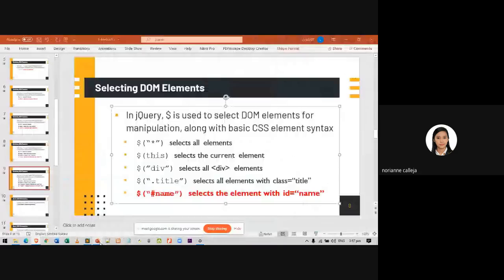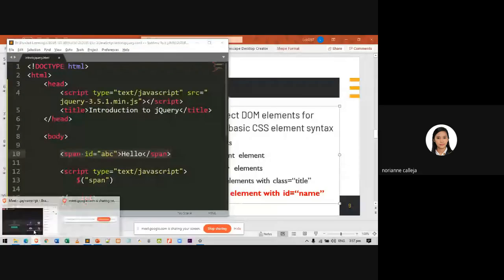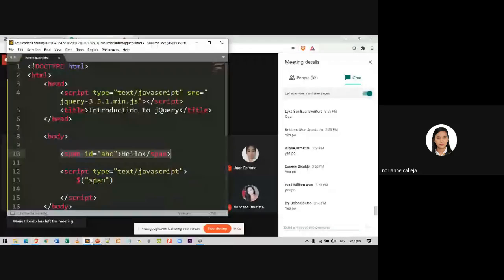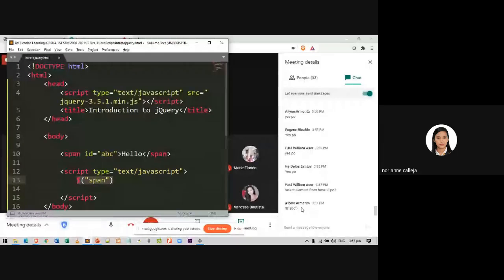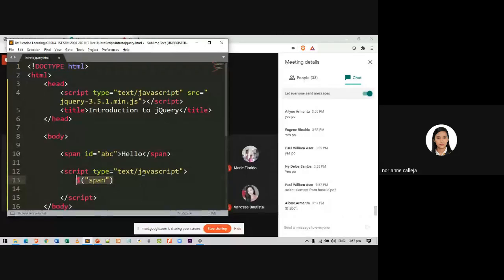Okay, for element selector, we use this. For ID selector, select element based on ID. Yes po. Yes, sir. So, how are we going to select this element using an ID selector? Again, applying CSS concept.